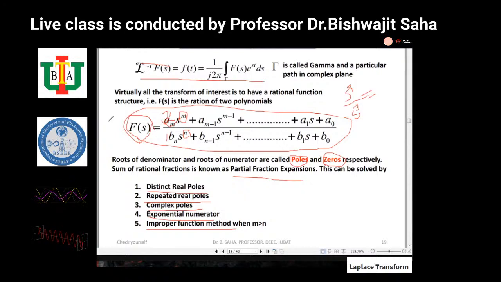So let me explain distinct real poles, repeated real poles, and complex poles. The distinct real pole is the real pole. Everybody understand? Which has no any